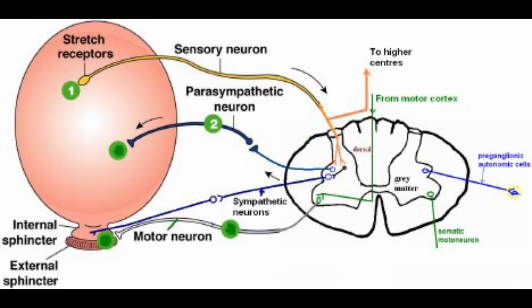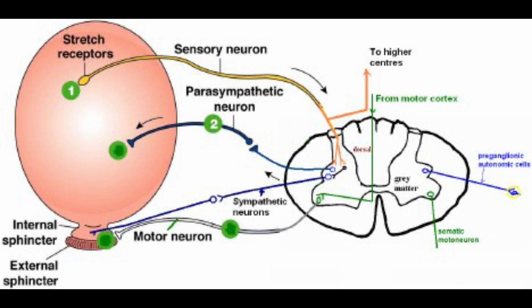Now about the spinal reflex. The bladder stretch reflex is a primitive spinal reflex where a full bladder detected by stretch receptors in the bladder wall activates visceral afferents, resulting in activation of parasympathetic efferent fibers, which causes contraction of the detrusor muscle and relaxation of the internal sphincter. Normally, this spinal reflex is overridden by higher centers in the brain to give voluntary control over micturition via the external urethral